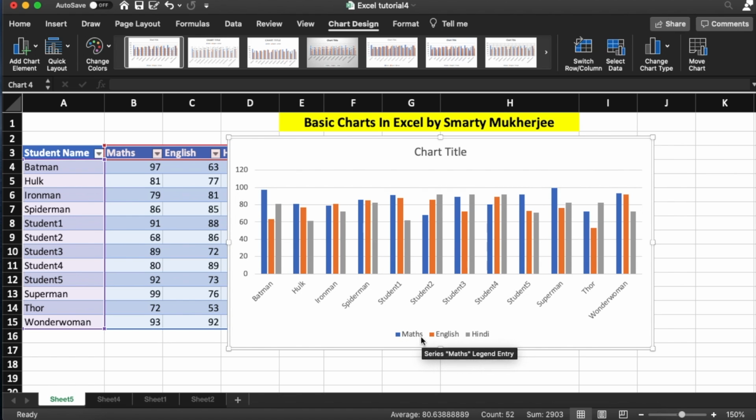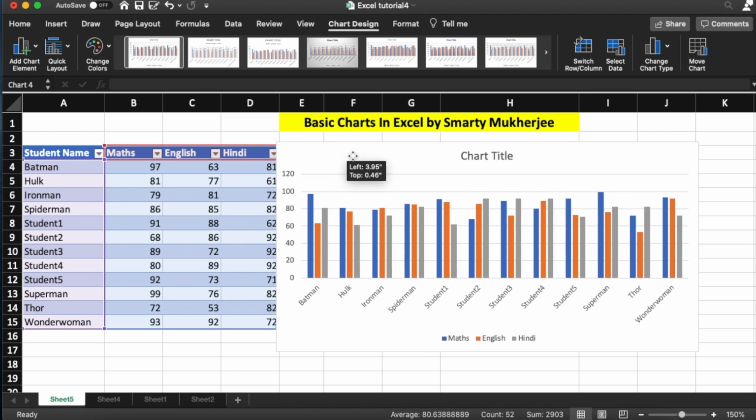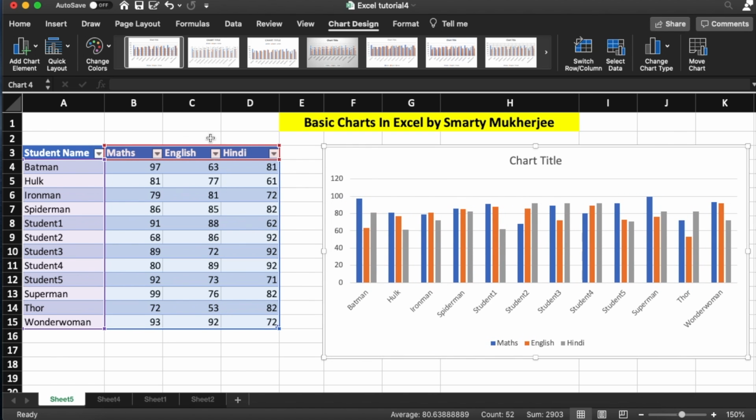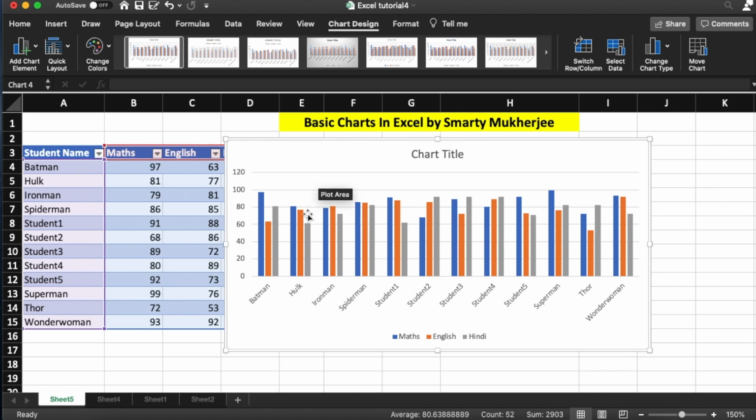It is showing math scores which are in blue, English scores which are in orange, and Hindi scores which are in gray. So it has taken all the data from the table, and it has also shown the student names here on the horizontal axis.